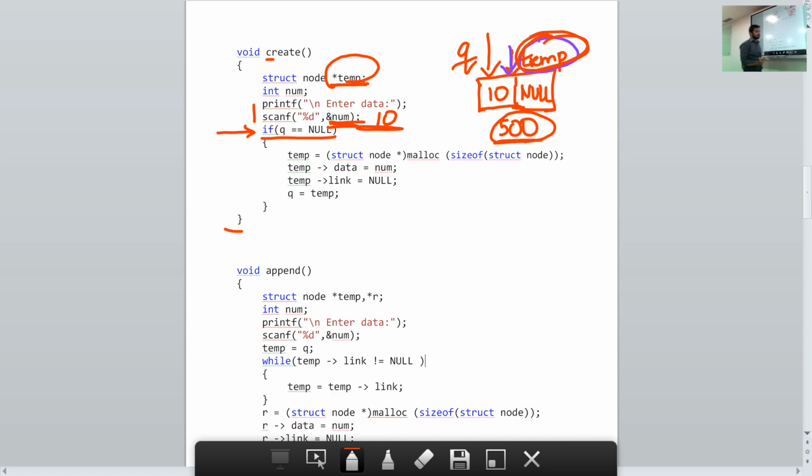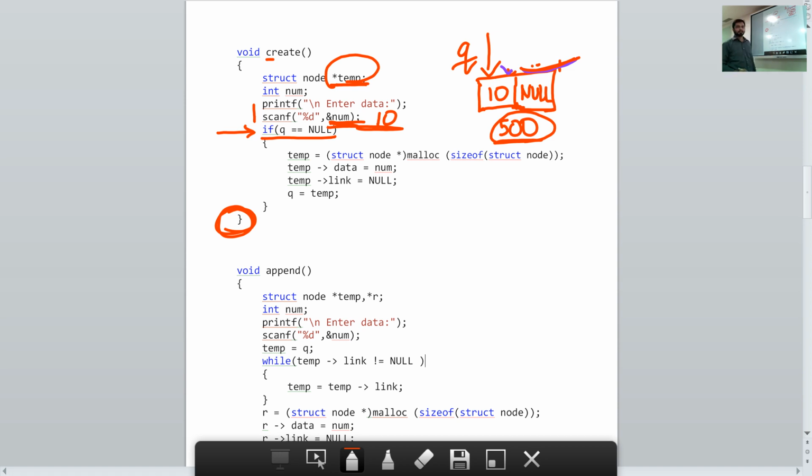When we exit this function here, the value of this temporary variable will be deleted. So temp will get deleted and only q will remain pointing to that node. Hope you got that.